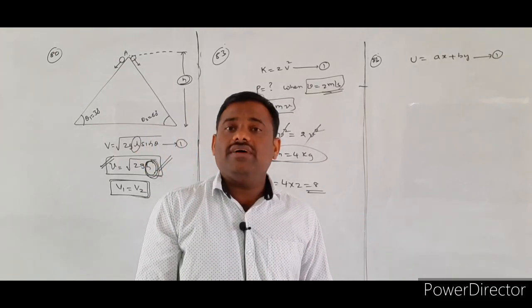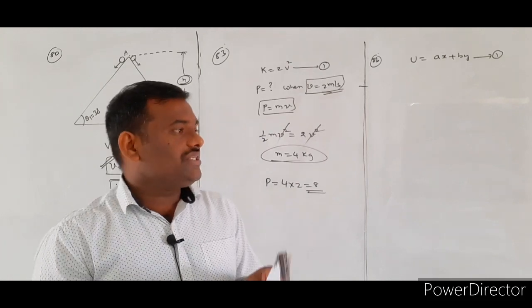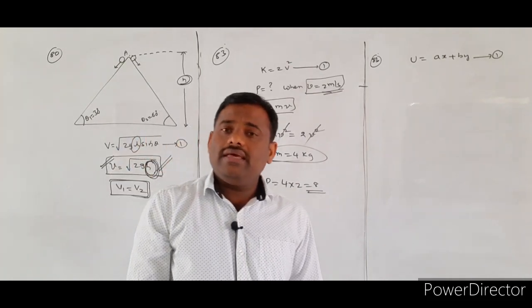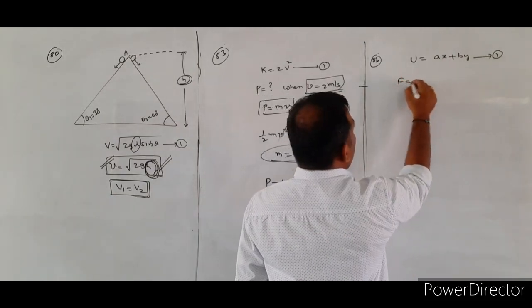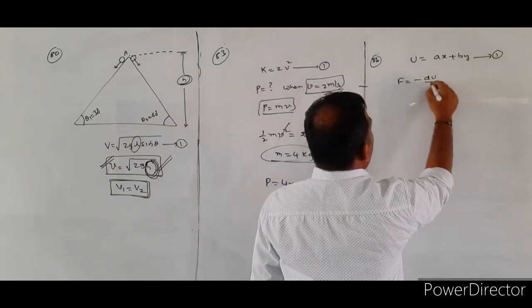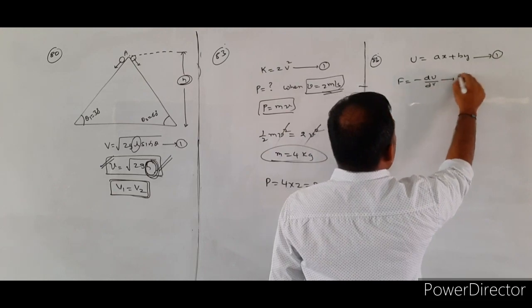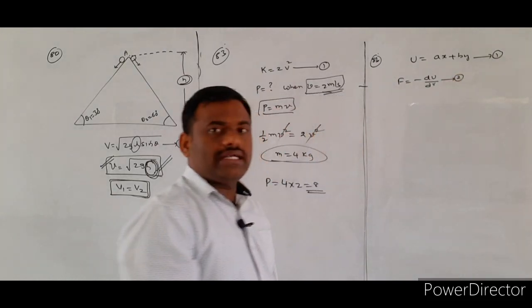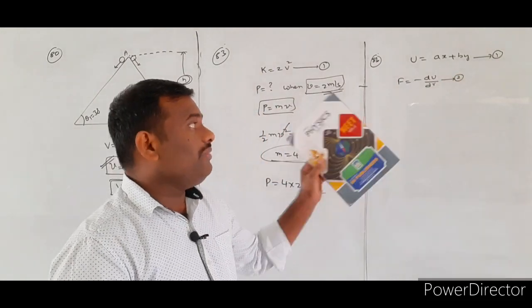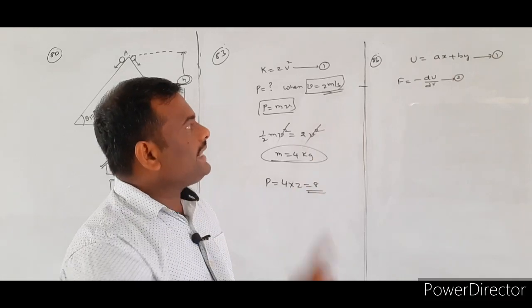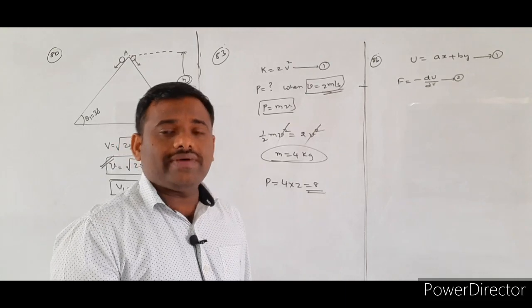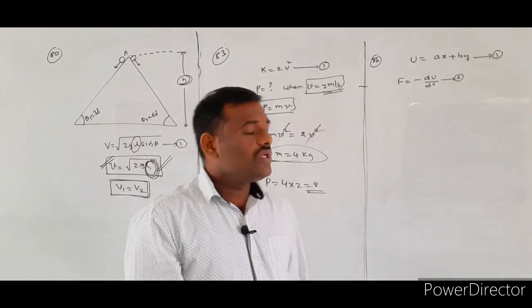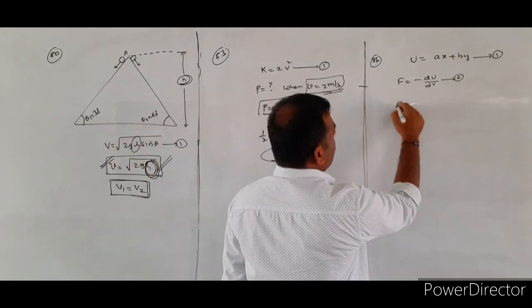The acceleration of the particle is asked. Already we told that for conservative forces, F is equal to minus dU by dr, where r means the position vector. Here the particle will be present in the xy plane. First I will calculate the Fx value, then the Fy value. See here, Fx is equal to